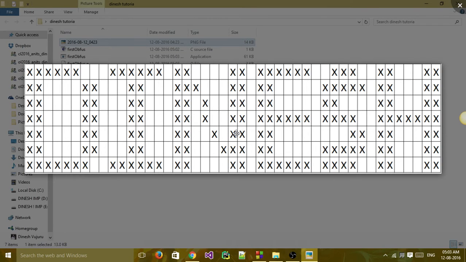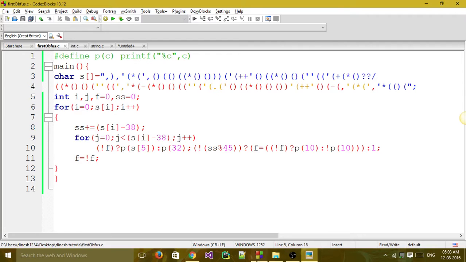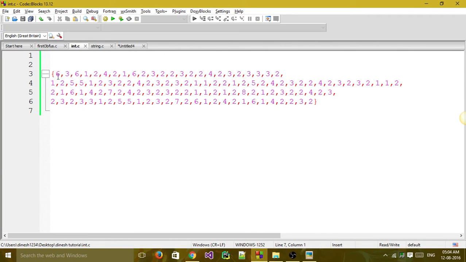So we can create this type of array by simply saying my row contains six x's and 3 spaces, 6 x's 1 space, 2 x's 4 spaces, 2 x's 1 space, 6 x's 2 spaces. In that way we can create an integer array, something like this, in which even positions tell us the number of x's in that row and odd positions tell us the number of spaces in that row.